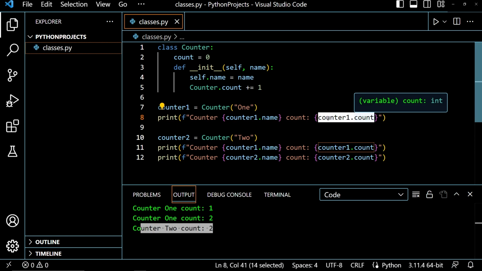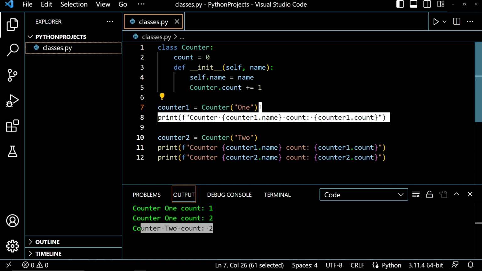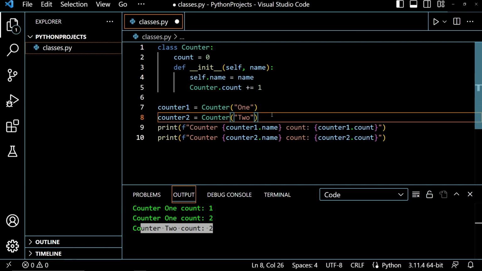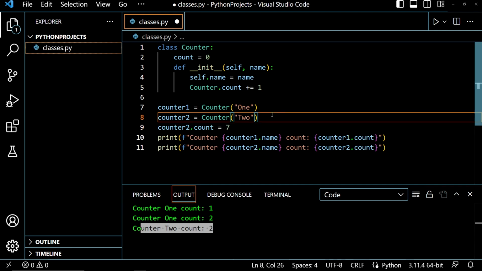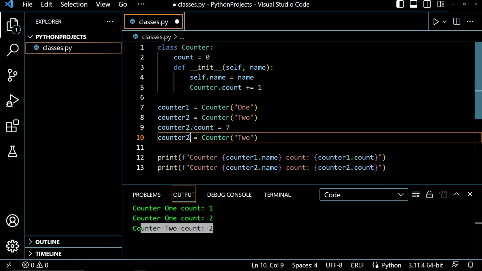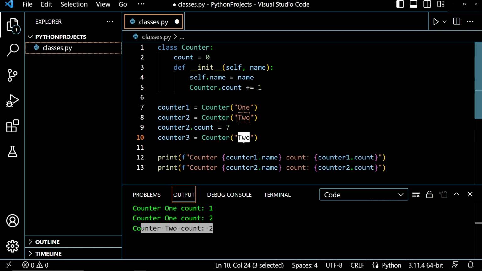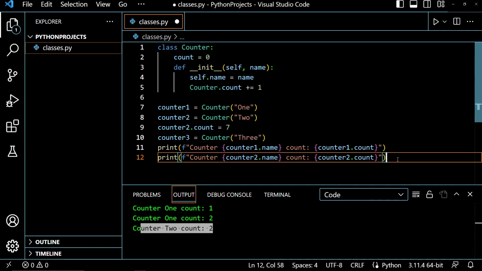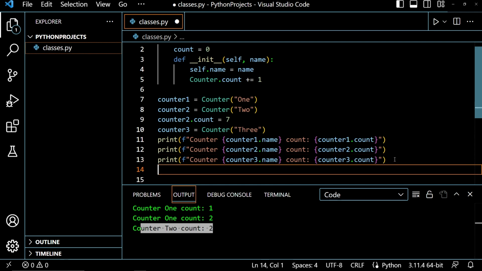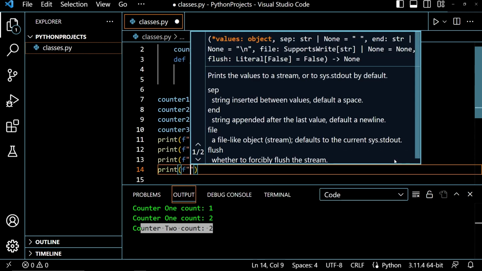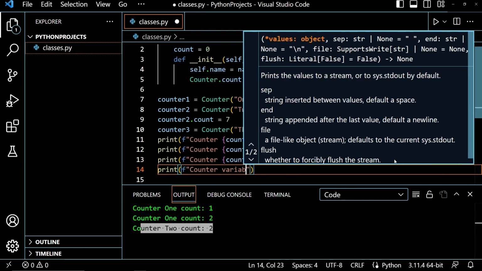But what happens if we try to change the class attribute by using an instance object? I'm going to go ahead and remove this print function call here. And then down below counter2, I'm going to say counter2.count and give it the value of 7. And then I'm going to create a third counter, which I will call counter3. And give it the name 3. And I will add another print function to print out the counter and its count when it accesses the class attribute count by using the instance object. And then I am also going to add a print function that prints out the counter variable from the class